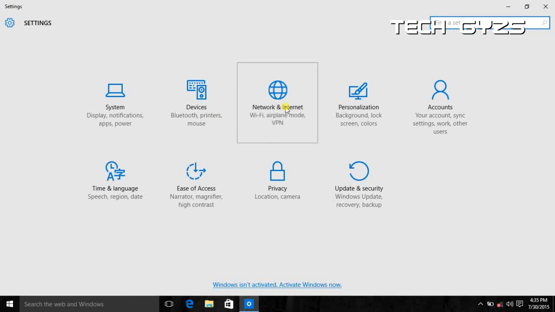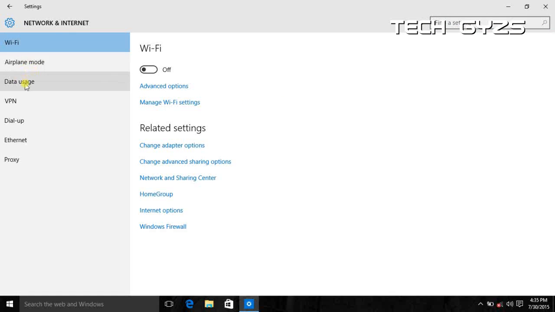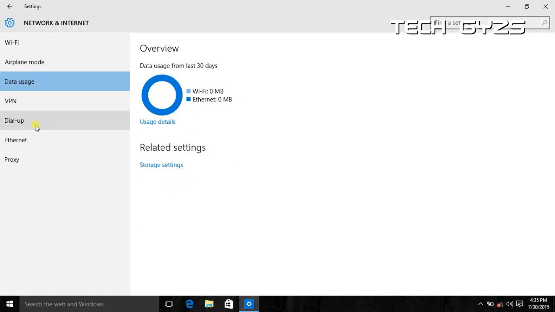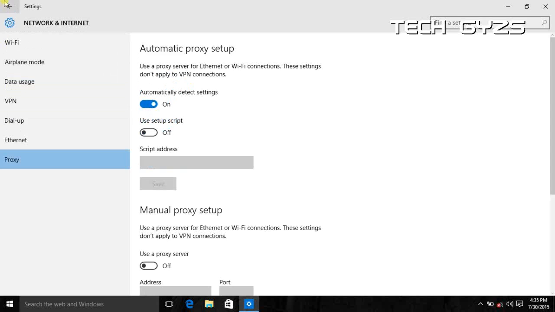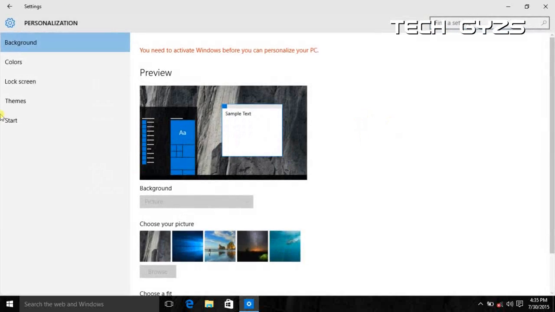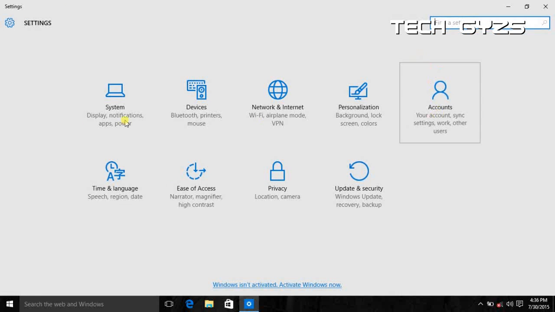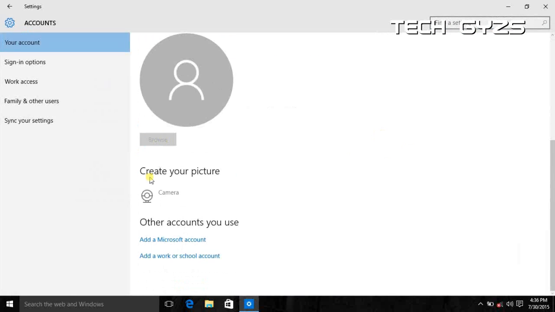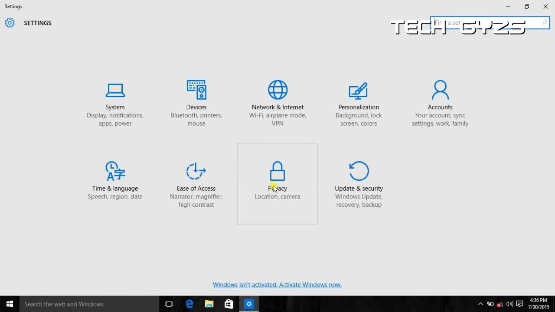Now going to device options: scanner, printer, and connected devices, like the Microsoft 2.4 GHz wireless mouse I have connected to this system. Mouse and touchpad, as I am using a laptop, here are the options to access the touchpad. In network and internet connection, you will find a new option like the proxy, directly from here. In the control panel you have to set it in the internet options, but here you can access the proxy.